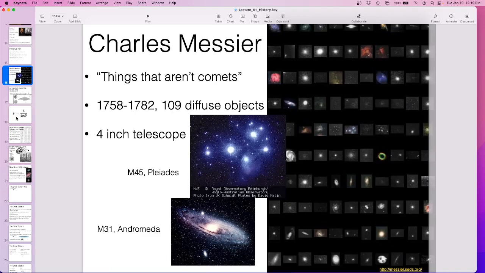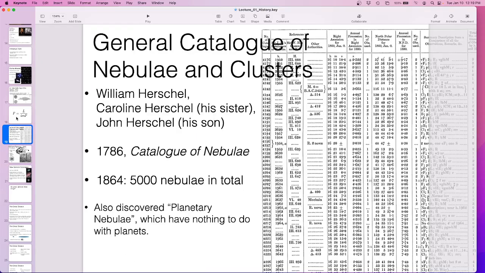So there are nebula that are the birthplaces of stars, and we usually refer to those as nebula now. But they also referred to galaxies as nebula. There are more galaxies that you can see than there are star-forming regions. So he called them nebula. He made this catalog of nebula, which is just fluffy things, but it's mostly galaxies. Had about 5,000 galaxies, and then they made another one. And they discovered this thing called the planetary nebula, which has absolutely nothing to do with planets, but they called it that.